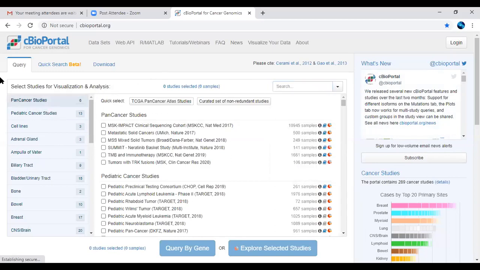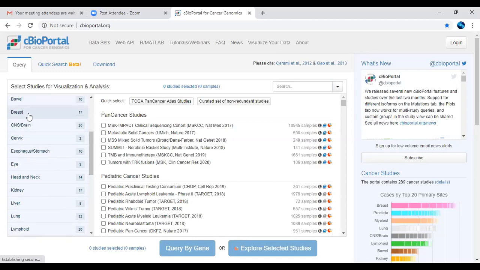I will show you. These are nothing but the cancer information they have included. Even the cell line information has also been shared here. And these numbers indicate the number of projects and the work they have done, how many projects data they have saved. For example, for breast cancer, they have worked on 17 different projects.